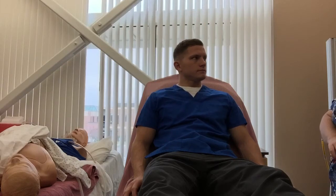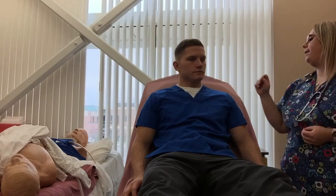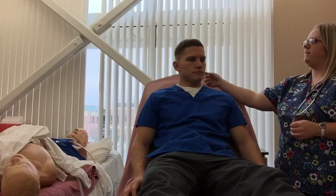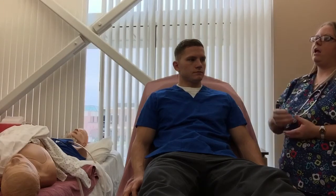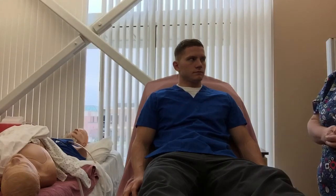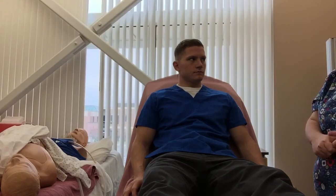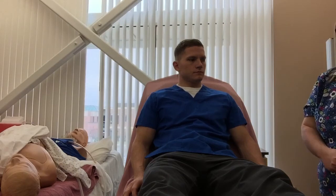While checking for hearing loss, if I had a tuning fork, I could check for Rinne, which would be striking the tuning fork and placing it behind the ear, and Weber would be striking the tuning fork and placing it on the forehead, and that would be for checking for high-pitched hearing loss. And now on to